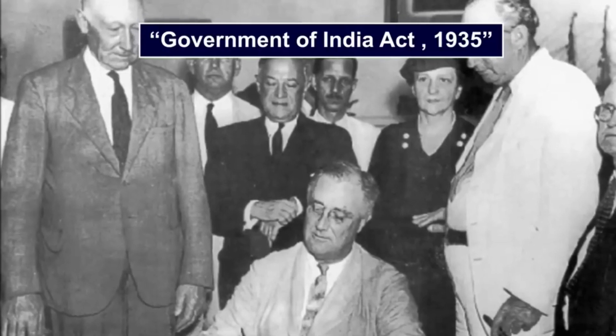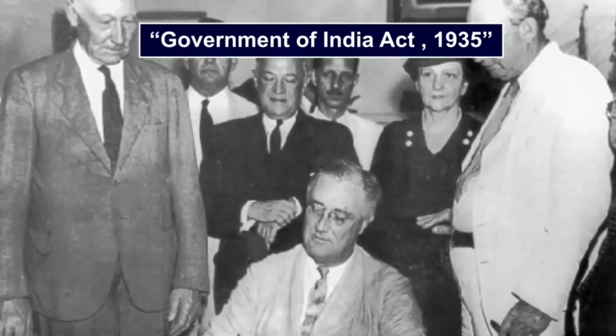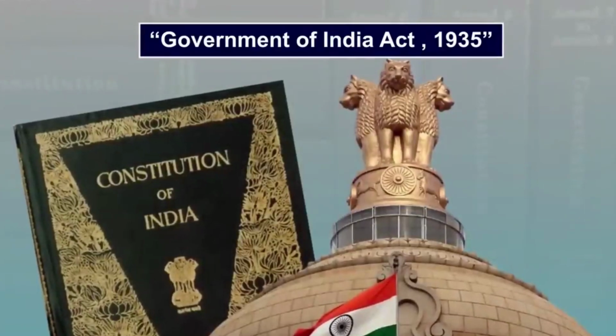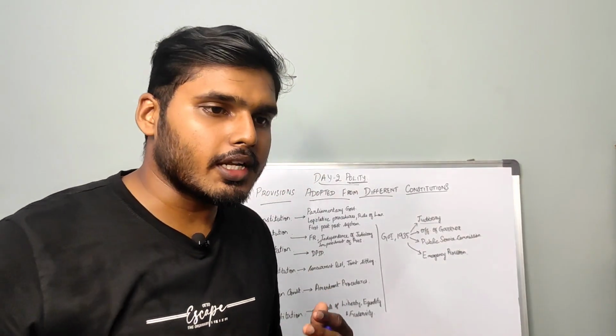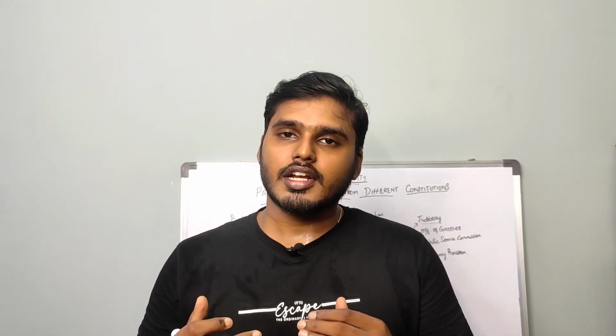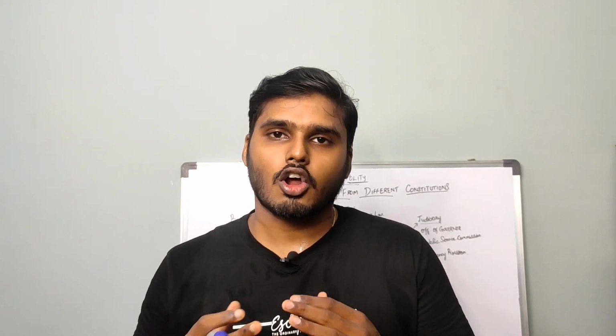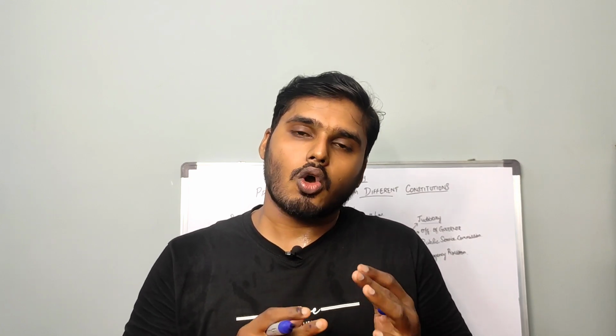The first one that we are going to see is the Government of India Act 1935. As I said before, there are multiple features that we have borrowed from this set of laws. The first one is the judiciary. In the judiciary, we have adopted the different tiers of the judicial system into our constitution. For example, we have the apex court as the Supreme Court, and high courts for each and every state, and after that the magistrate courts, the district level courts, and so on. And the innovation of the constitution is that we have also brought in Lok Adalats. We'll be seeing all of this in the upcoming sessions as well.